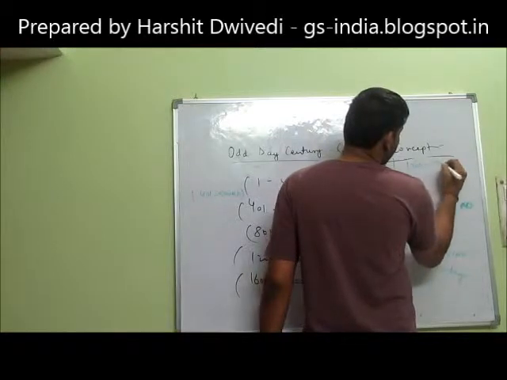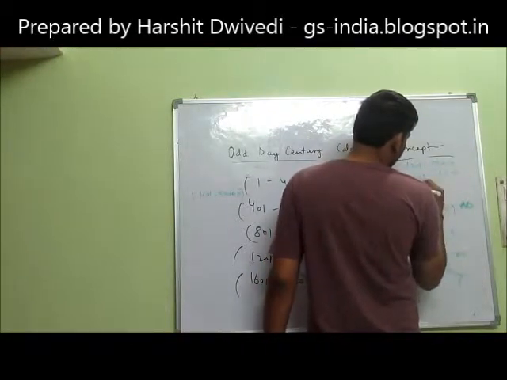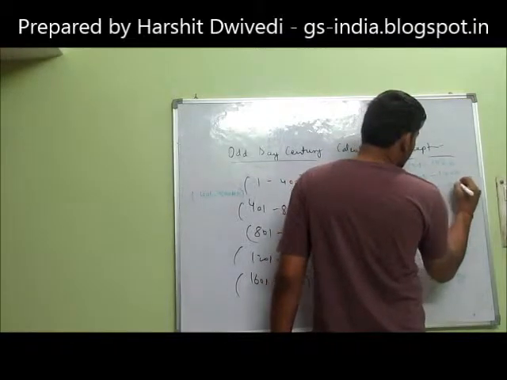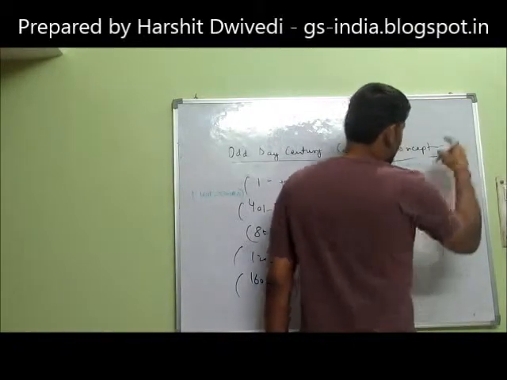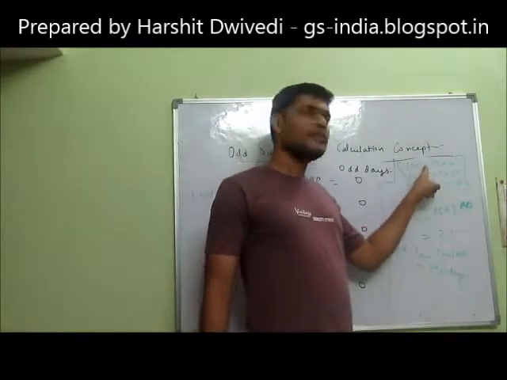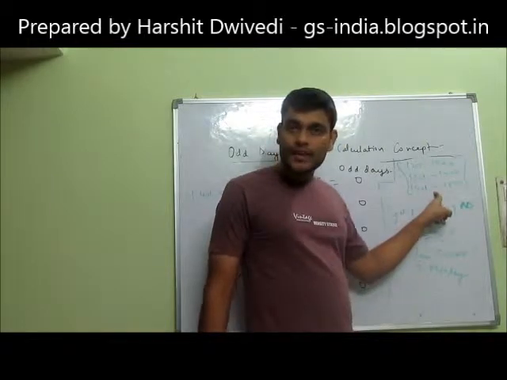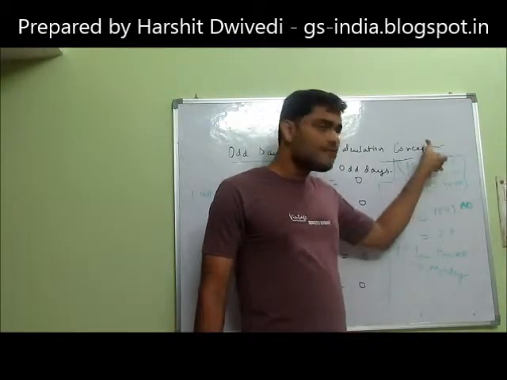1201 to 1300. 1301 to 1400. 1401 to 1500. Three centuries are coming into play. Odd days 5. Odd days 5. Odd days 5. These are the first three